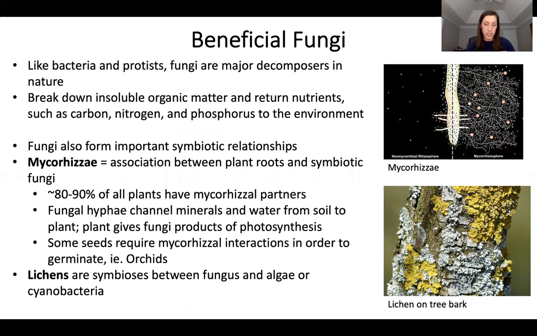So again, as we mentioned, like bacteria, like many protists, fungi are major decomposers. They're saprobes, right? They're breaking down tissues of organisms. They're breaking down dead organisms. They're breaking down waste materials that would generally be insoluble, meaning they just sit there. And that breakdown process returns those nutrients that are stored in those tissues back into the ecosystem. So things like carbon and nitrogen and phosphorus that are built into those tissues of those living things are re-released and returned to the system. So really important decomposers in the ecosystem cycle of things.